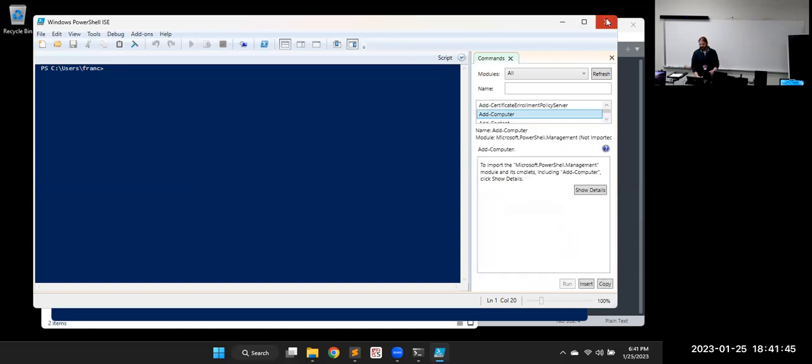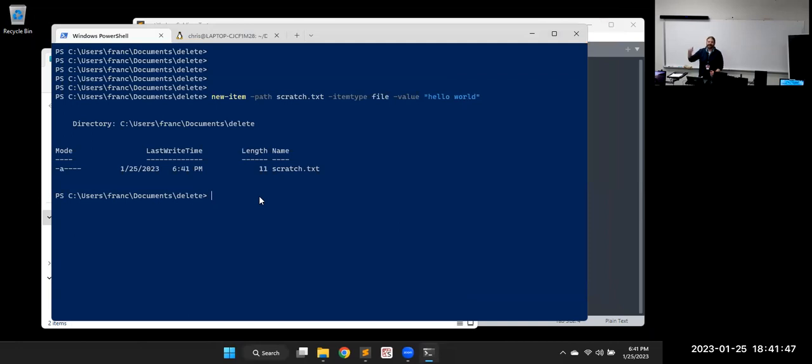If you want to look at stuff like that, PowerShell ISE might be a better one to start with, because it's like an IDE, only it's a shell. Integrated shell environment instead of development environment, because writing PowerShell scripts, we're doing it to run in an operating system control shell. So we've got the new item.